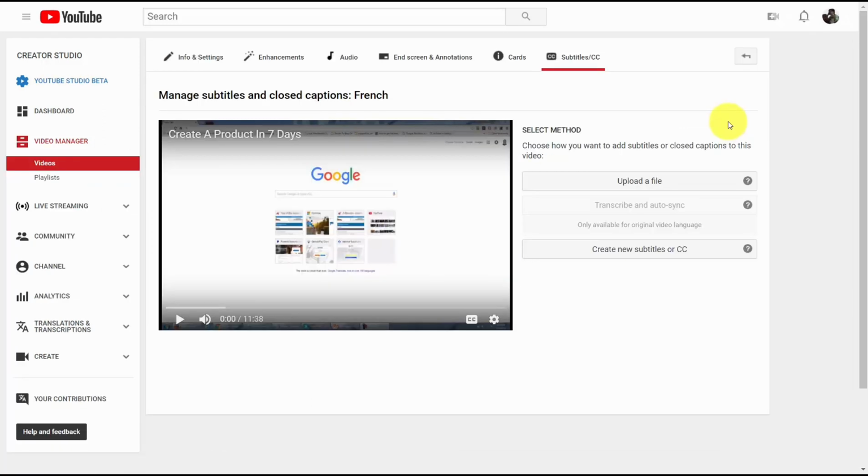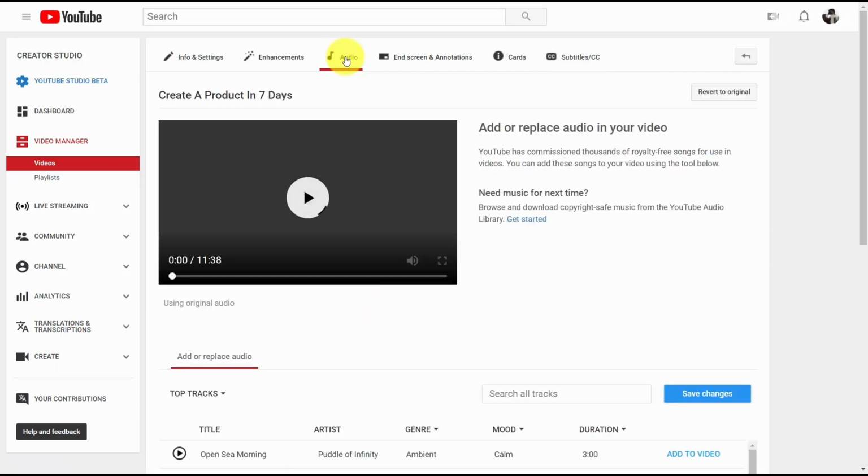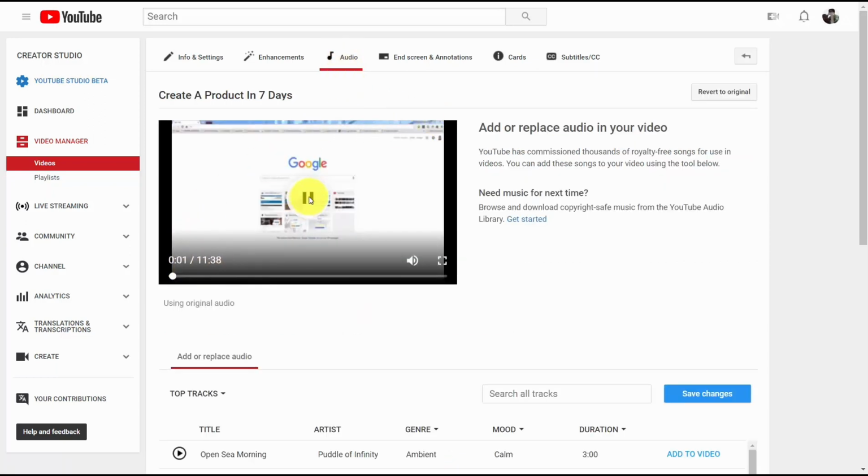Welcome back. Now, depending on what your live stream is and what you're trying to do, another part of the post-production process may be to add music. And you can do that inside of your video editing screen by going to this link that says audio. And when you do that, what you're going to notice is that you can add or replace audio inside of your video. Now, you're not going to be able to add anything from your personal computer to your existing video,